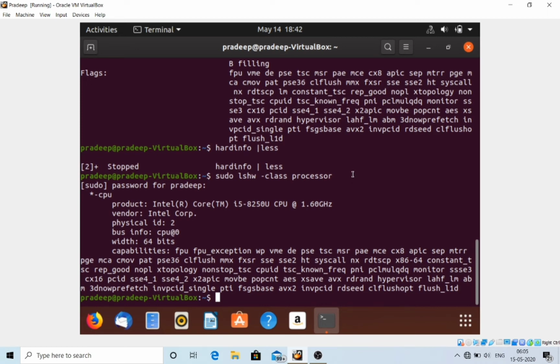So limited information is shown by lshw.